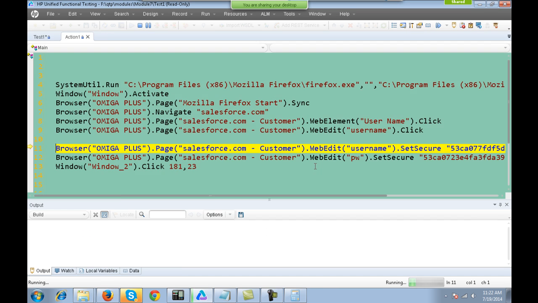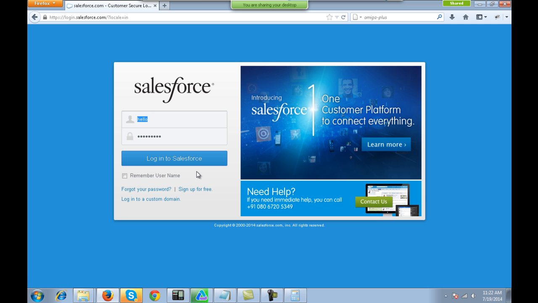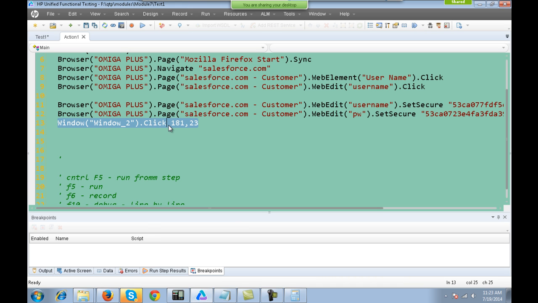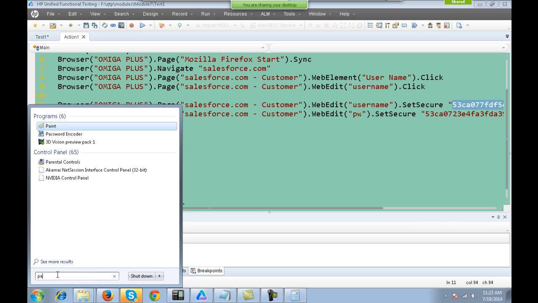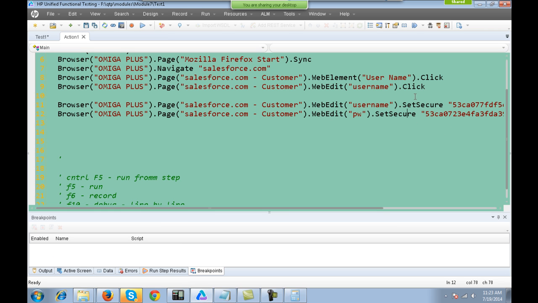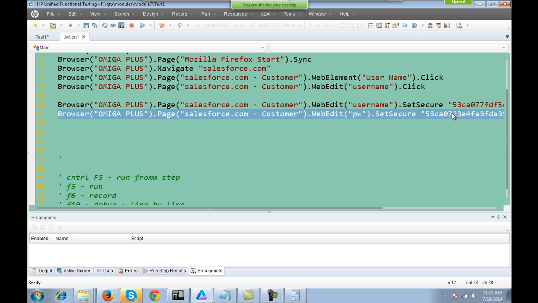The script will execute from this line, and you see that hello gets written over here. So automatically UFT will decode the string. You can encode the string by going to the Password Encoder, and UFT will decode it. Passwords, when you're recording, are by default encoded and kept. So this was about encoding and decoding the strings in the scripts.